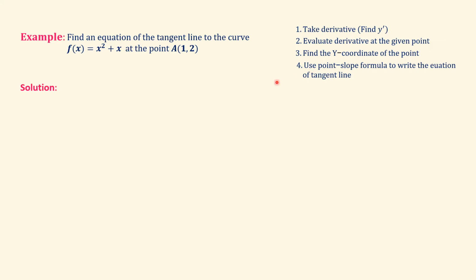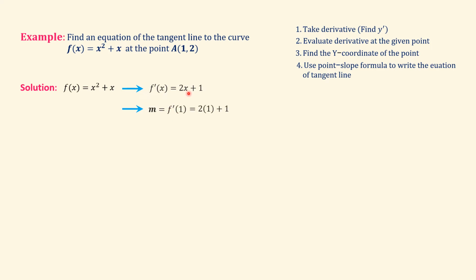Let's start. The first step is to take the derivative of the given function. The given function is x squared plus x, and we have to find the derivative of this simple function. The derivative of x squared according to the power rule is 2x, and the derivative of x is 1. After we take the derivative of the function, we have to evaluate the derivative at the given point. So we have to substitute 1 for x in the derivative to find the slope of the curve at this special point. If we substitute 1 for x, f prime of 1 equals